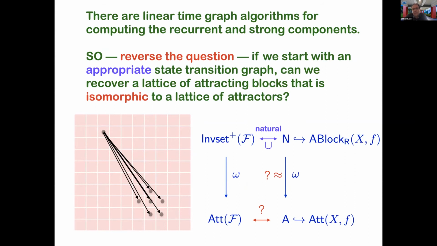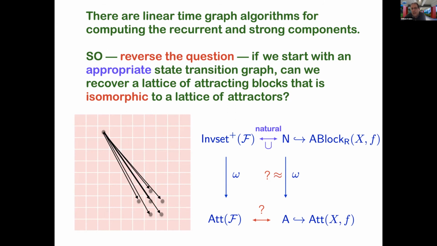So if I realize a forward invariant set in the graph, then that's an attracting block in my underlying system, right? So the idea is that you want to create a state transition graph, a multi-valued map on these cells